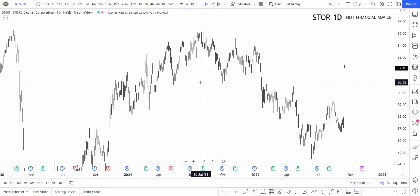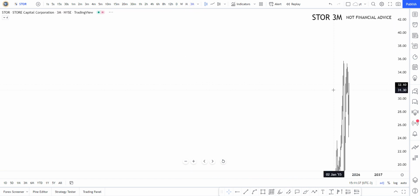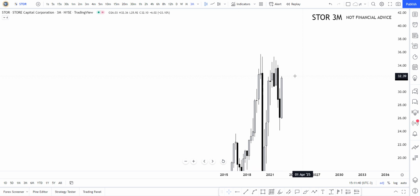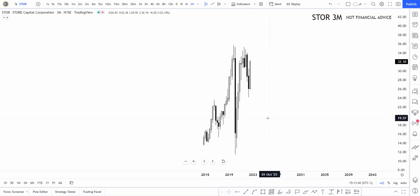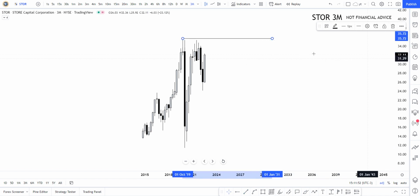And as you can see, here we have STOR, Store Capital Corporation, ticker symbol STOR, sitting at $32.10. Today it's 20% up. I'm going to be starting straight off from the 30-month chart and see that we are basically in a bearish range here. Just tapped into that supply area, but that does not change the fact that we might just be going for